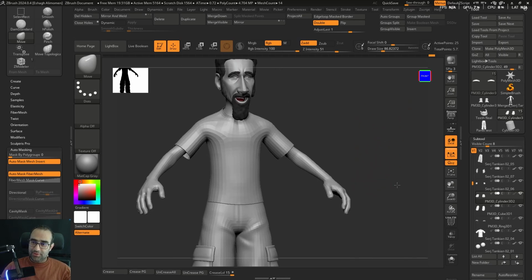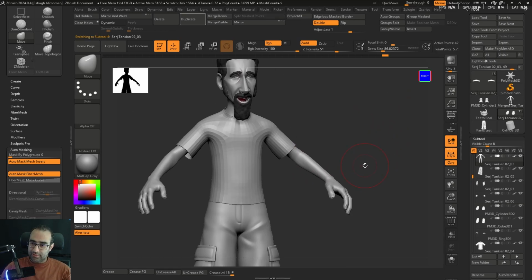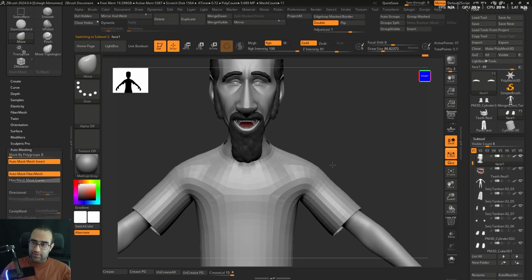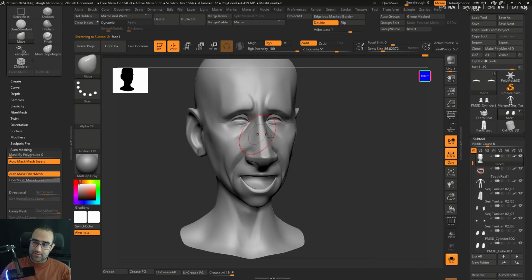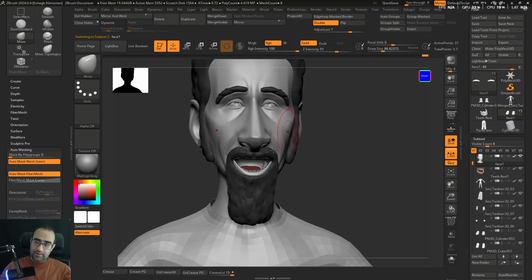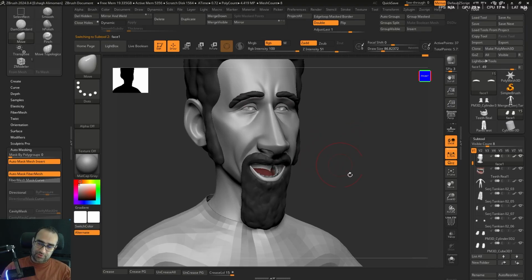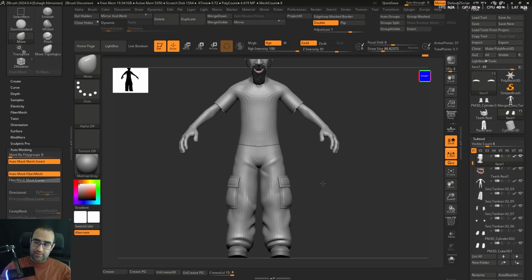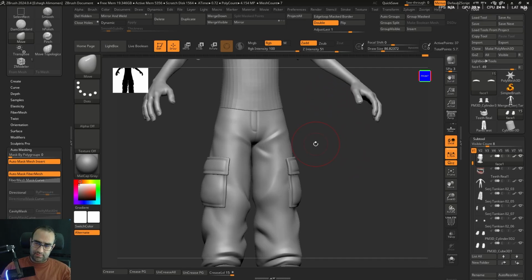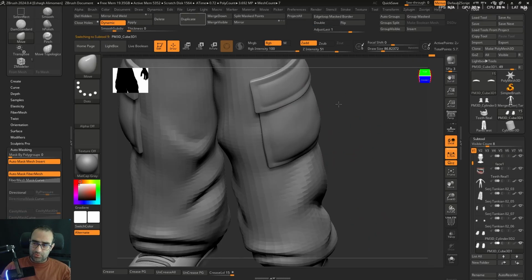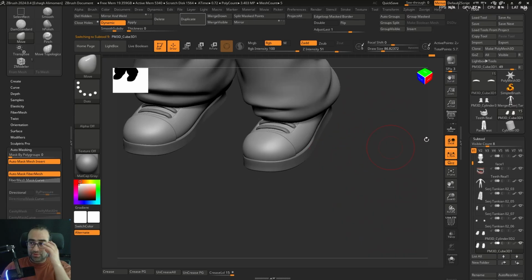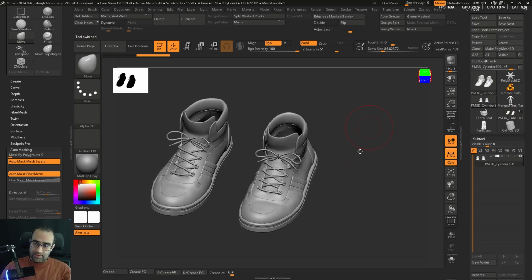All right, let's continue on our Serj Tankian illustration. I decided to texture this face in Substance Painter. Why? Because I have more flexibility if I want to change the skin color or anything. It's going to be more consistent. That's the only reason. And I changed the shoes because the shoes I was using, this one, has so